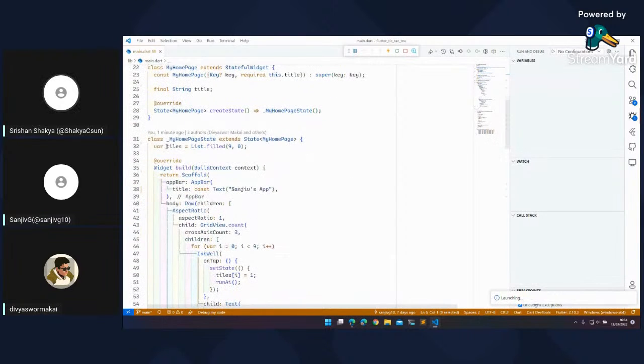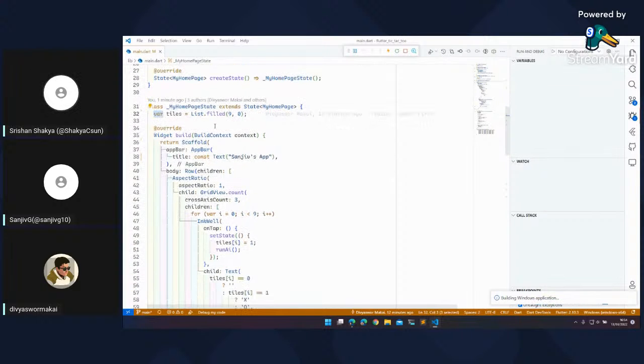And the state variable has tiles. Let's just quickly go through how to declare variables in Dart right now while this is building. There is this var declaration, something like, I don't want to write the actual type of this variable, but you can probably infer it yourself. And this var will always be, once it is assigned, that variable can only ever be of the same type.